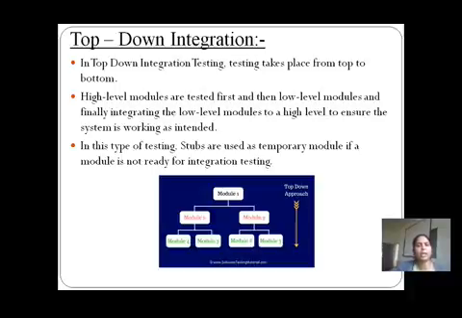All these modules, the high level modules, the low level middle modules and the low level operational modules, are going to be tested as per their requirement specification, as per their type.